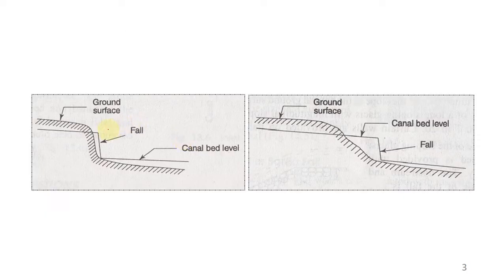You can see here in these diagrams. It is not always possible to get a desired bed slope. Here you can see a steep fall. In that case, if you leave it while constructing a channel, the energy available with the water will erode the soil particles here. So you need to construct a structure to release the water safely to the downstream side.